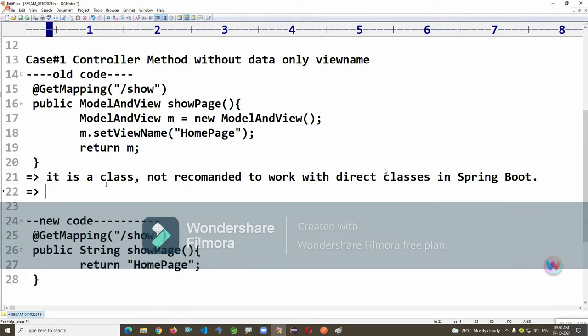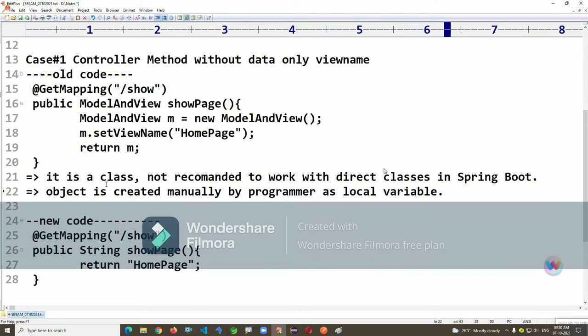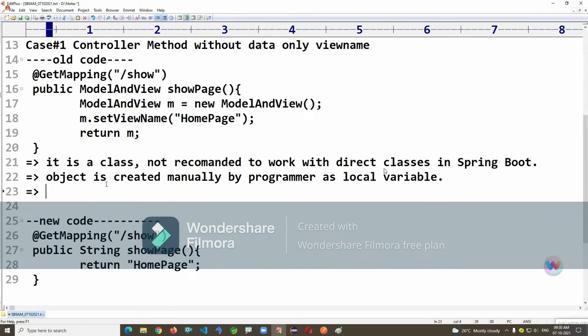Second point, the object is created manually by the programmer as a local object, local variable, not by the container. Next, only view name is set.